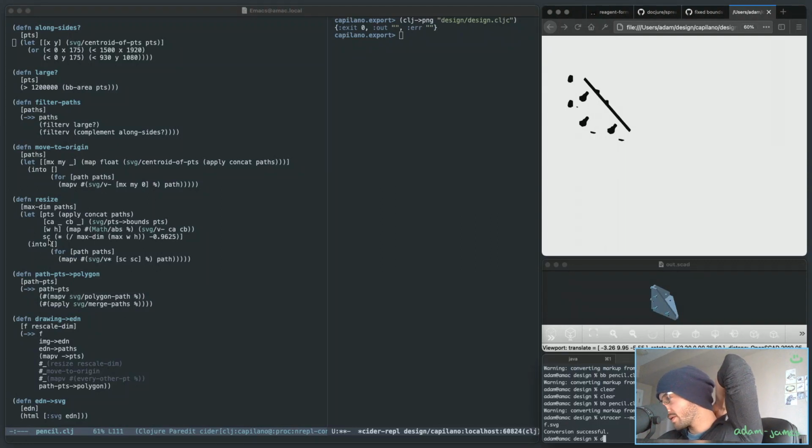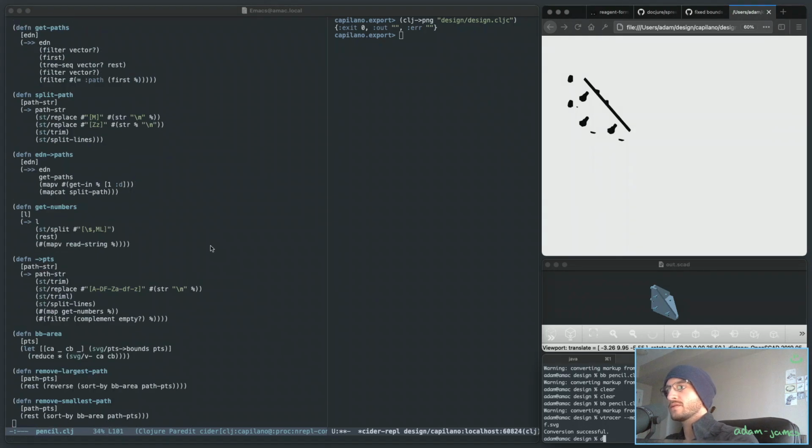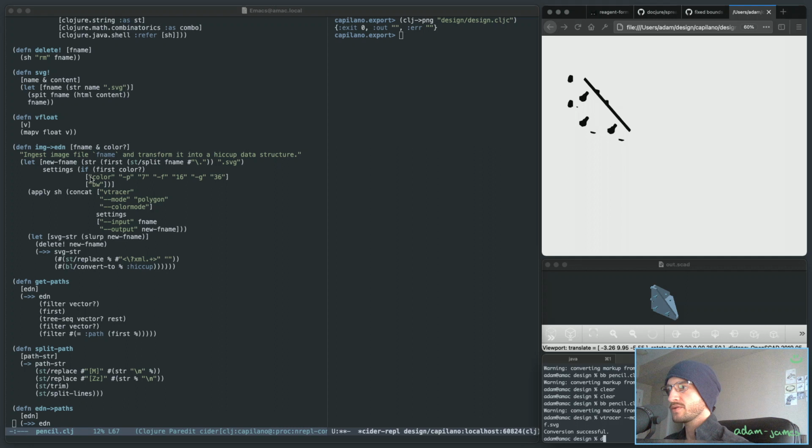Okay, clearly there's some rework to do here, which is fine. That's totally acceptable. But let's go up here and mess around with these color settings instead to see what that'll look like as an output. Okay, so color mode is color